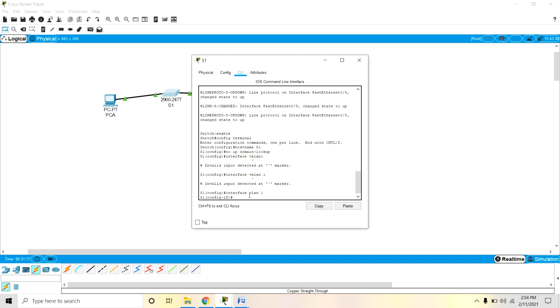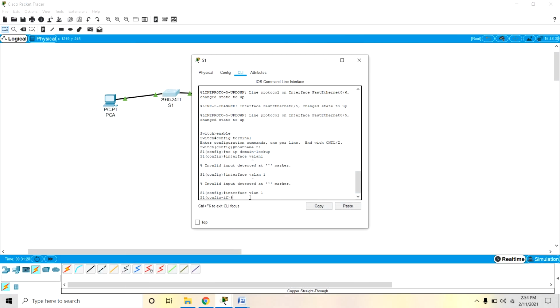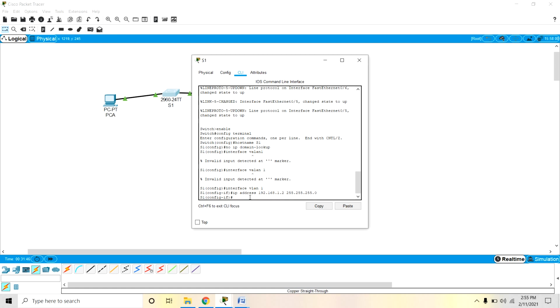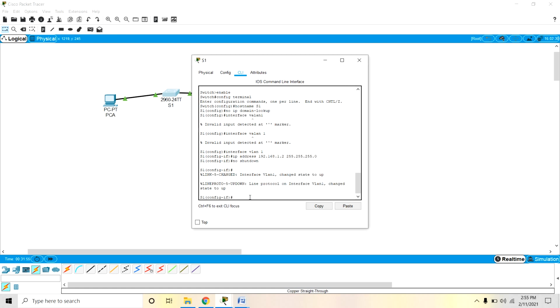What is the address we have received here? S1 IP address is 192.168.1.2, subnet mask 255.255.255.0. You can assign. Now no shutdown, and exit.